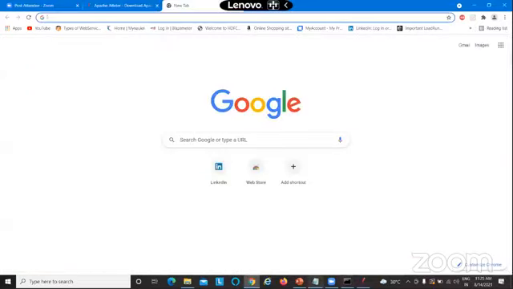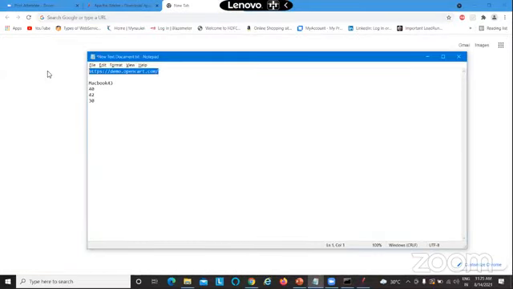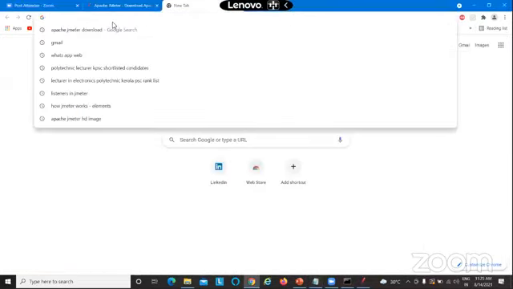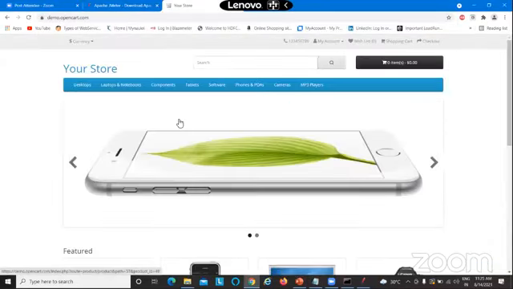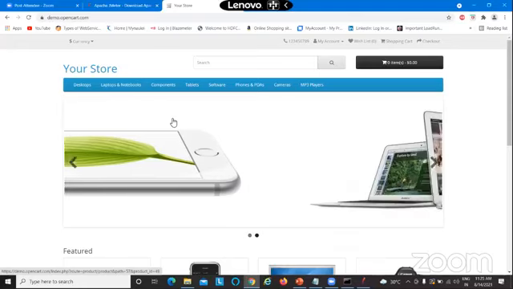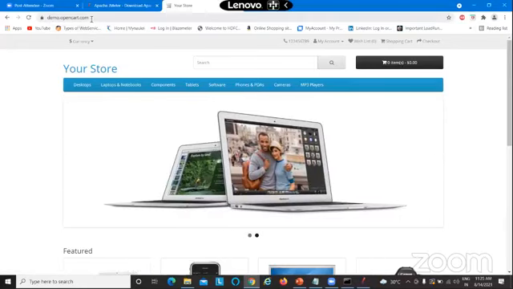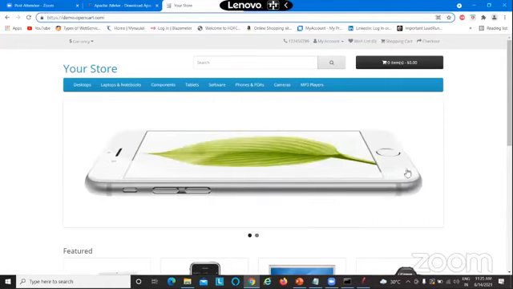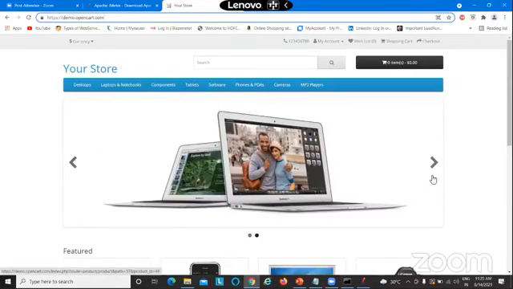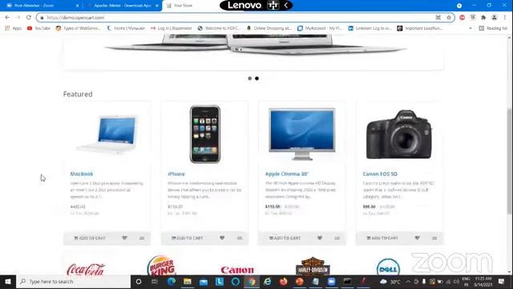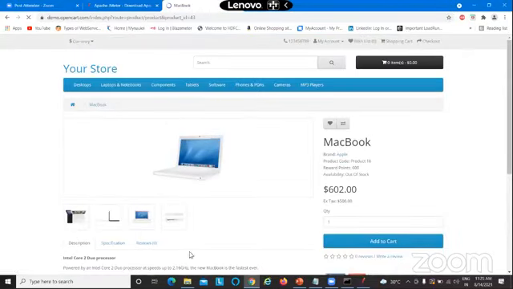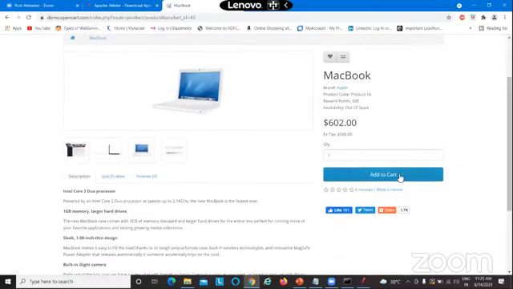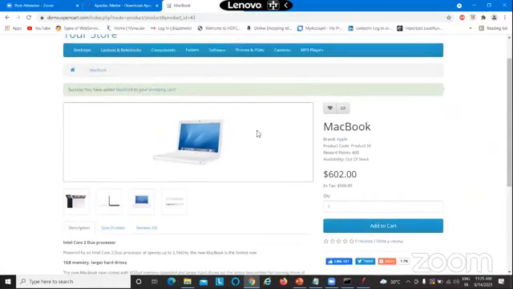Okay. So there is a demo app called OpenCart. So we have a performance testing requirement where we want to know how much time is taken to load this website. Okay, so the requirement is we want to know what is the loading time of this app, and also if a person comes and clicks on the MacBook, how much time is taken to load this MacBook and how much time is taken to load this Add to Cart.